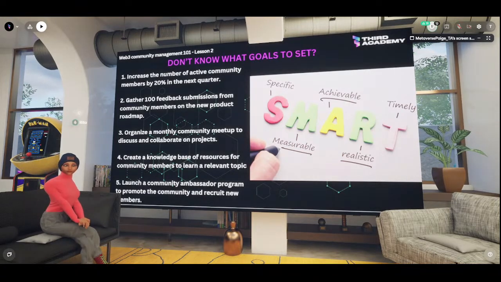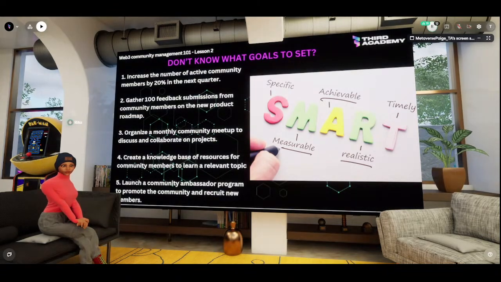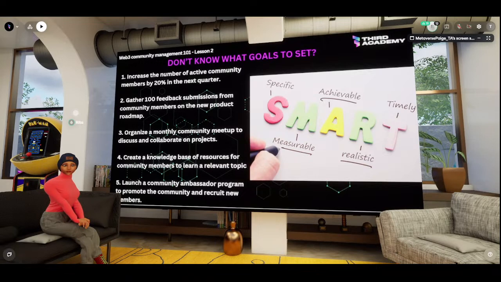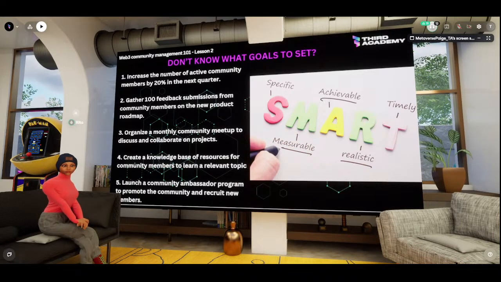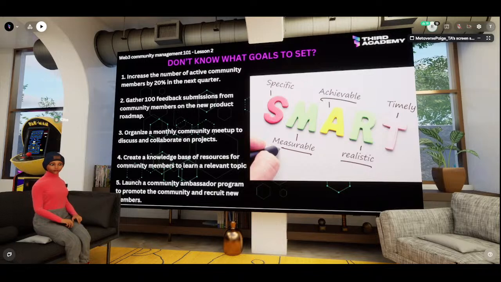So it's important that when you set goals, you make sure that the goals are relevant and the goals are timely, right? A community can have multiple goals, right? A community can, for instance, be a support community, right? And also a product community. So meaning you're offering support to your members and you also want to gain feedback. But at each point in time, only one goal is the priority, right? So one goal that directly achieves value for the organization at that point in time, right?